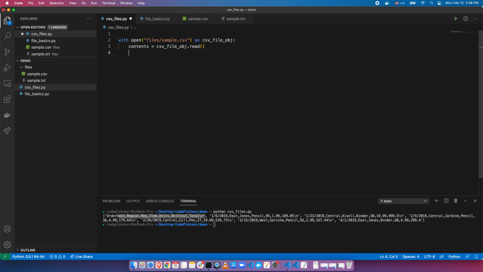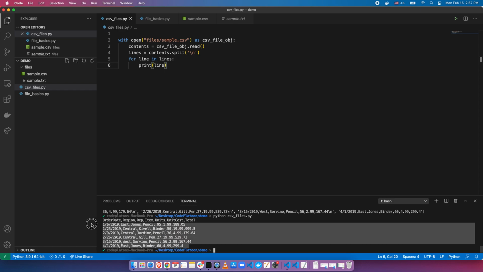And then let's say for every line here, we'll loop over this blob of text, and we'll separate it by new line. So lines is contents dot split, and we'll split it at the new line, just like readlines was doing, and then we can loop over it and print it. So for line in lines, something like that. And if we run this,